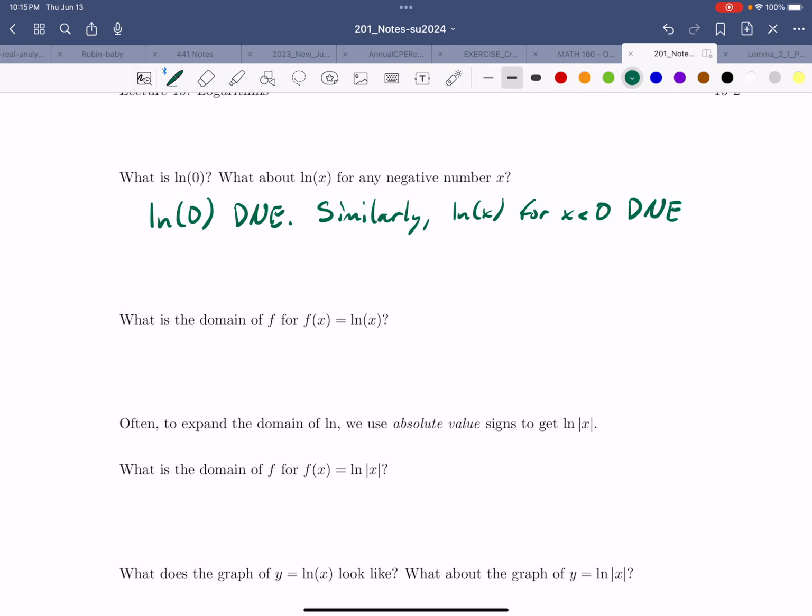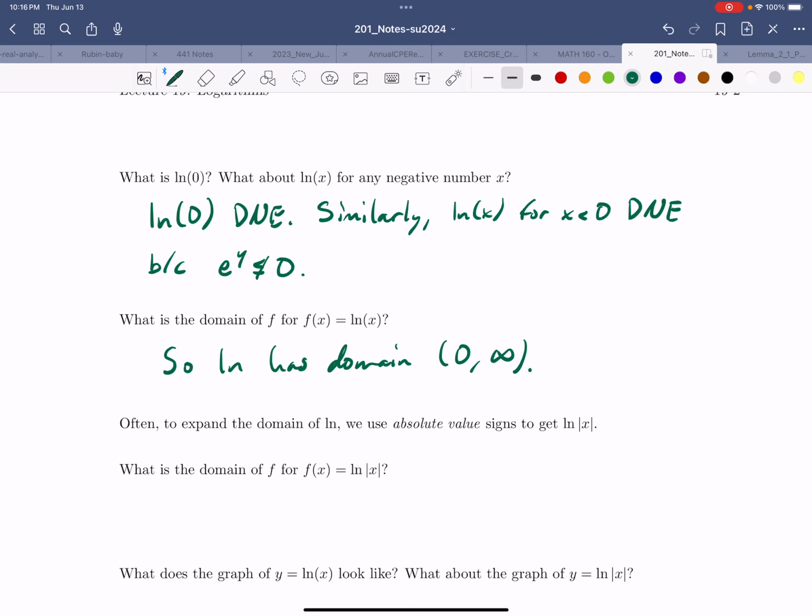Maybe I'll just write that here: e to the y cannot be less than or equal to 0. All right, so what is the domain of the ln function? ln has domain 0 to infinity, the open interval from 0 to infinity,